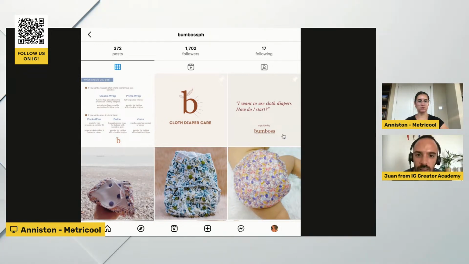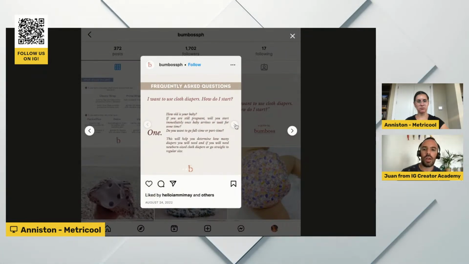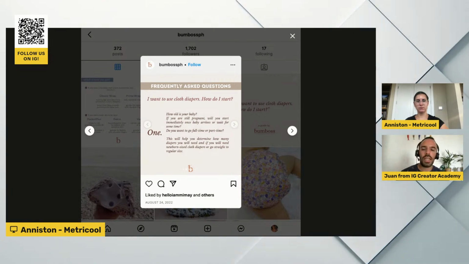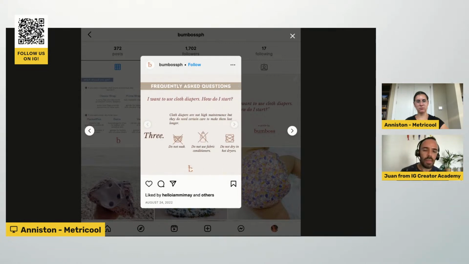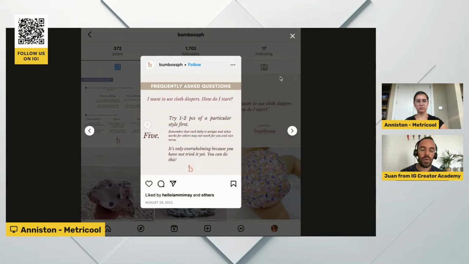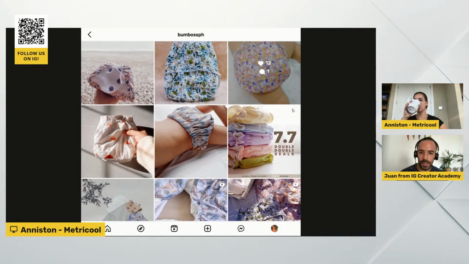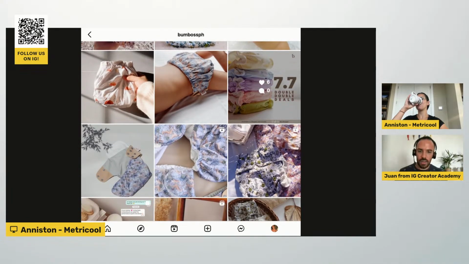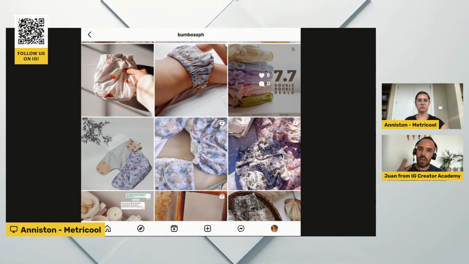And let's take a look at this one. So FAQs. I think you are repeating a little bit what you added into your highlights as pinned posts. But I don't know if you have maybe a new collection that you want to highlight or add to the pin post, or if you have more testimonials or posts where you talk about your story. And if I look at your feed, I see too much product. Okay. And yes, the photos are nice.